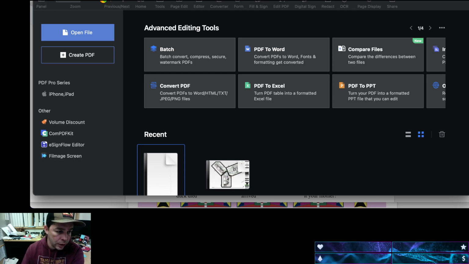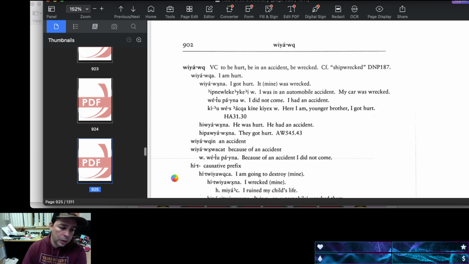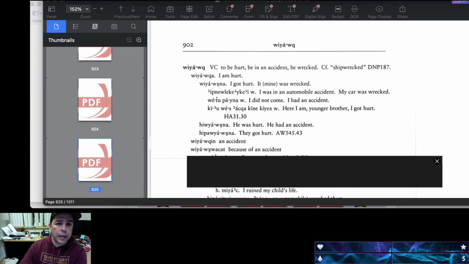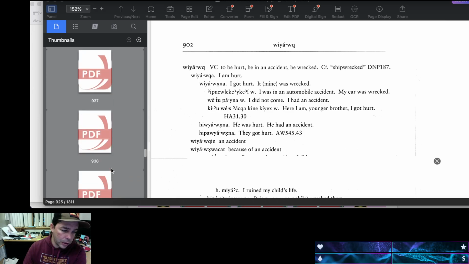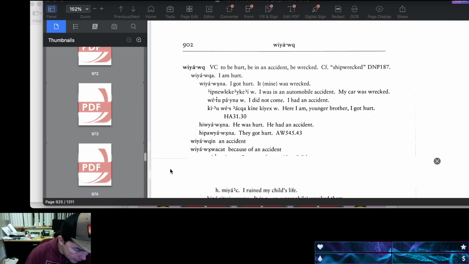The dictionary's pretty easy to use. Our alphabet kind of goes in the same order as the English alphabet. But in the back of the dictionary is an English to Indian translation. So you're going to start there most of the time. You're trying to think of how we're going to say that in Indian, so you're going to go to the back of the dictionary. It starts on page 1126, I think. I've gotten this right like twice.